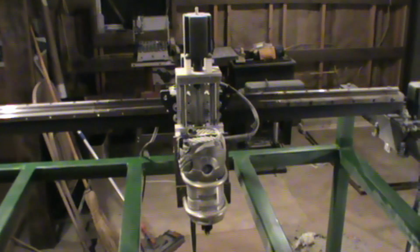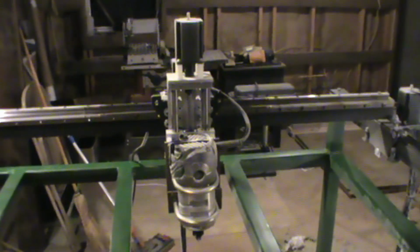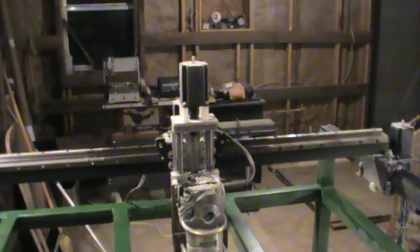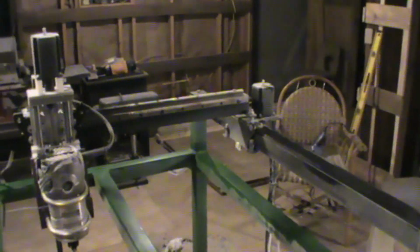Okay, YouTube, this is an update on my homemade CNC router, and as you can see, I have got a little further along with it. I have my stepper motors mounted and wired up, and I have all of my electronics down here under the machine, and I'm just using an old Dell Optiplex GX620. I have Mach 3, and